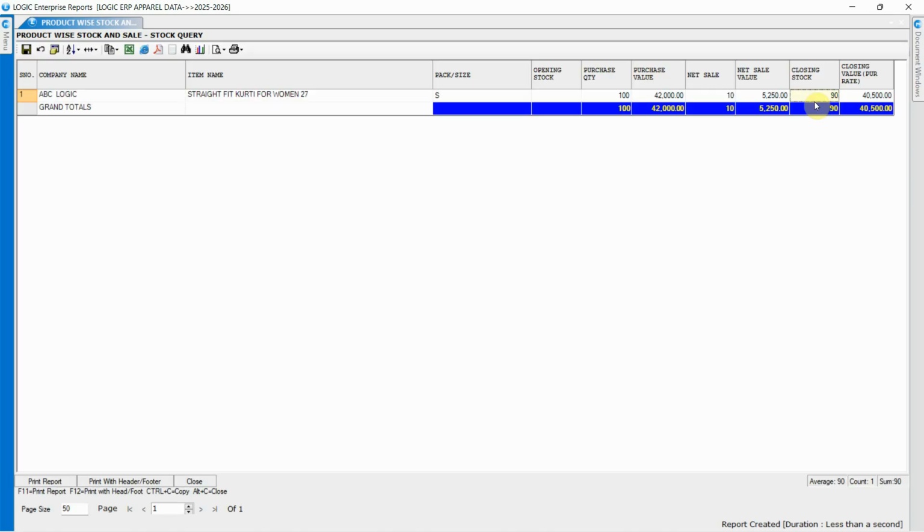Here, you can observe that the stock posting has been updated, meaning it is now reflected based on the sale date. Hence, upon enabling the feature in the configuration, it has been observed that after retrieving the challan in the sale bill, both stock and sale entries are recorded as of the retrieval date, that is, 25th July 2025.